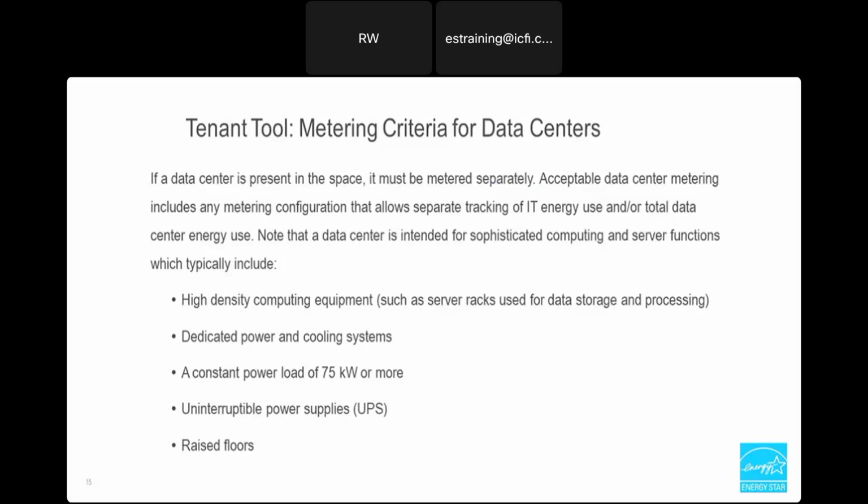All right, so this slide is going to go over the metering criteria for data centers. So if a data center is present in the space, it must be metered separately. Acceptable data center metering includes any metering configuration that allows separate tracking of IT energy use and/or total data center